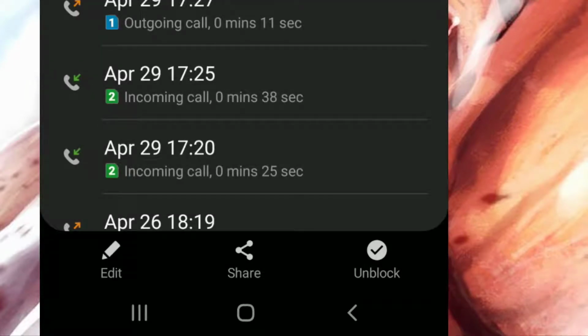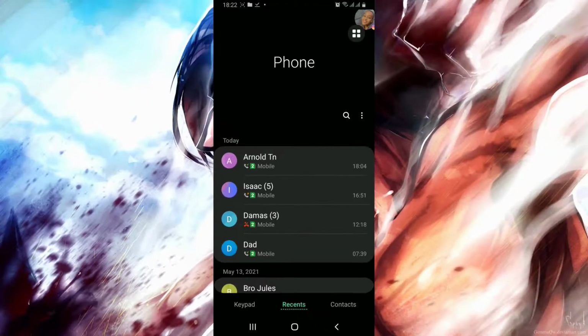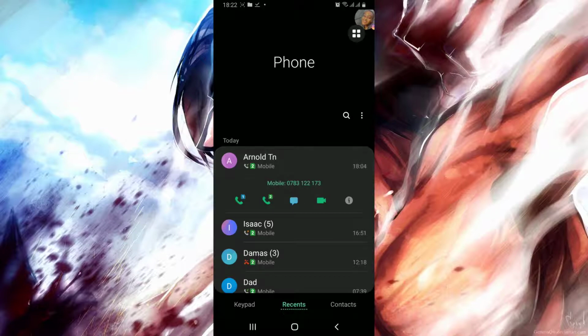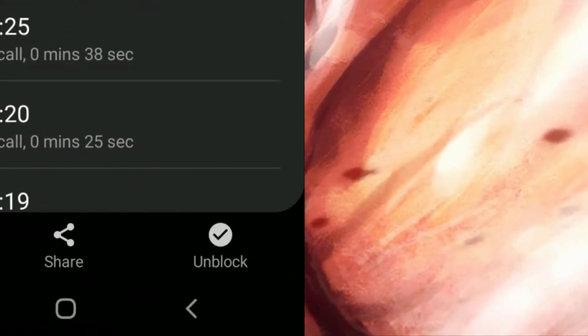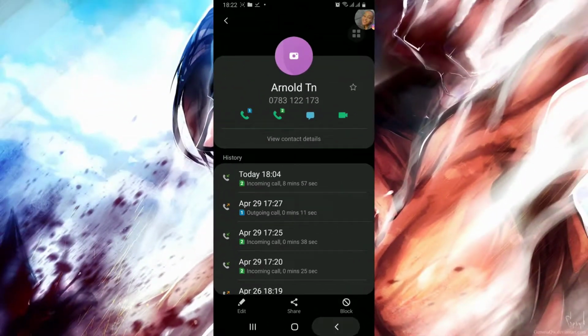And now as you can see, your contact has been blocked, and from now on you won't be getting calls from him. Also, you can come back and unblock him. So now your contact has been